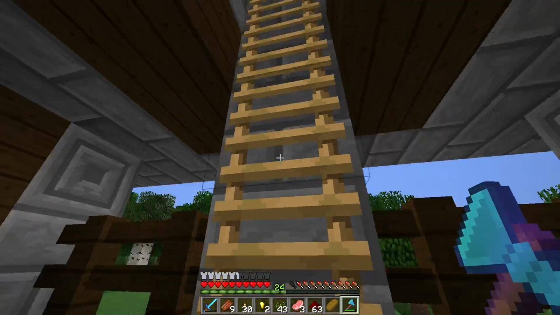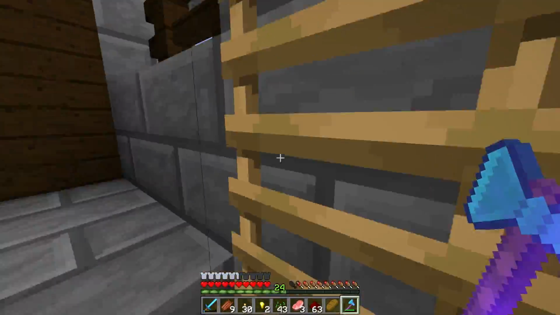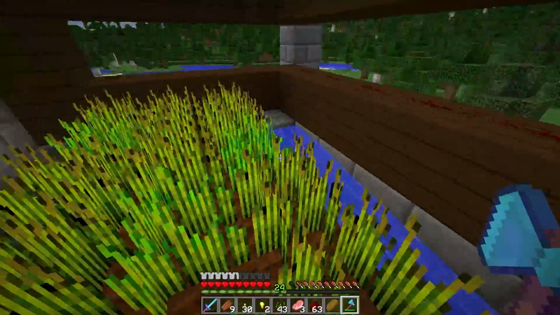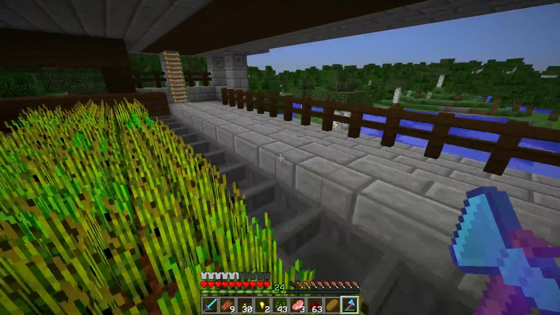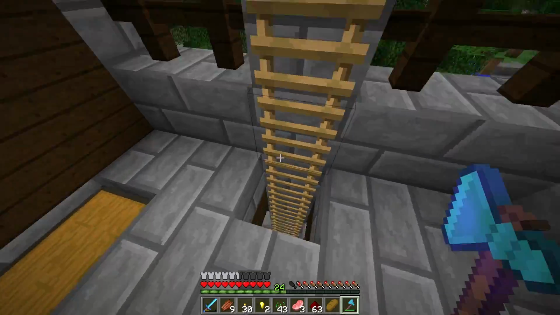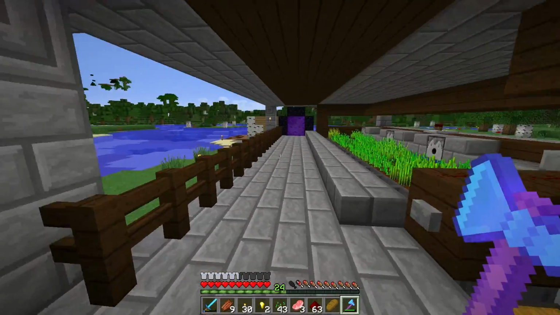I've added these to keep the mobs from walking in on us. And then we have another one up here. I haven't actually quite finished. I still have to add the dispensers up here, but I don't quite have enough string yet, so I'm going to add those later. Anyways, the next project we're going to do here,